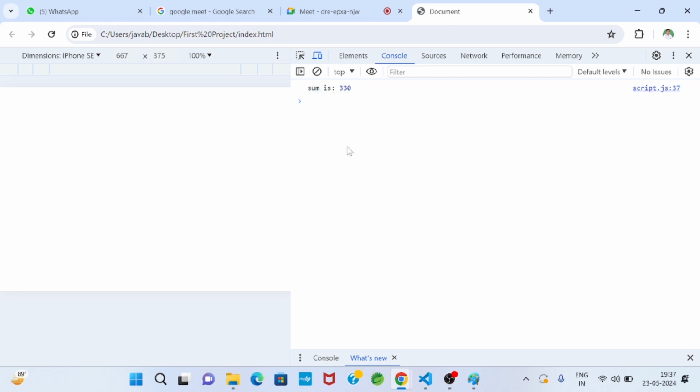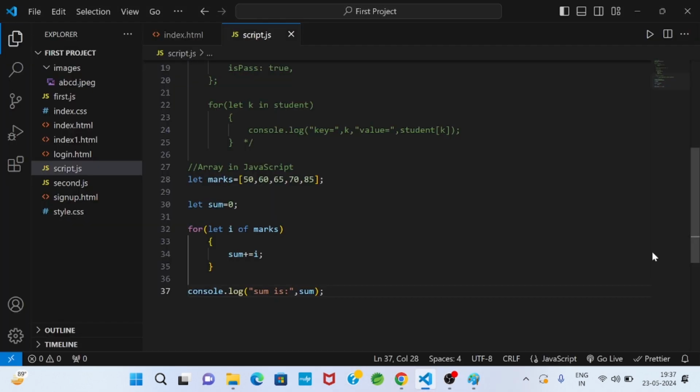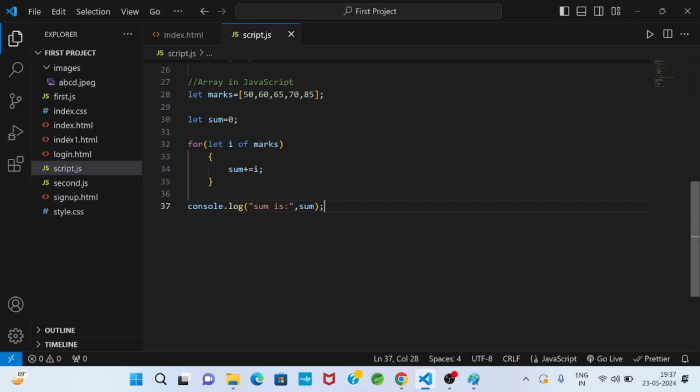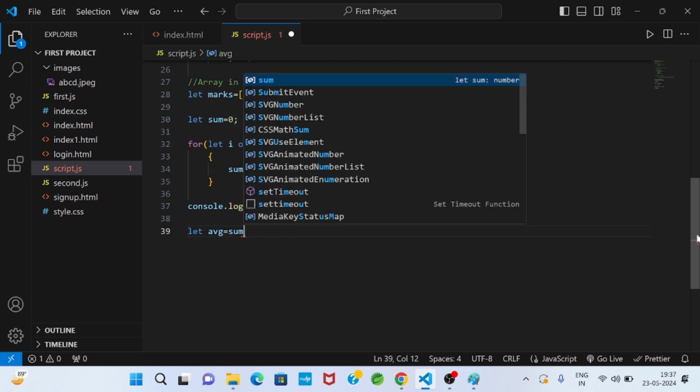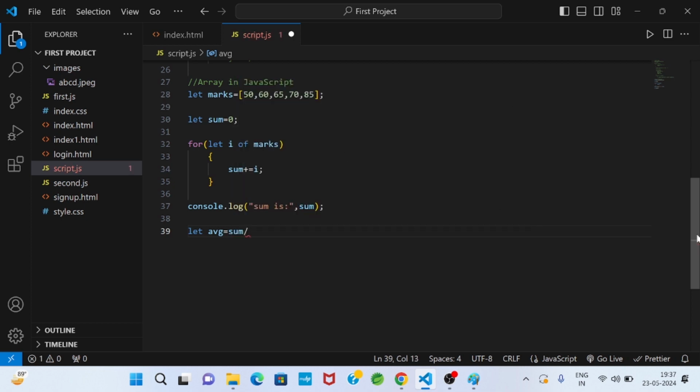Now I will find the average value. So what will I write? I take a variable: let average equals sum divided by the number of data items. How many data items? 1, 2, 3, 4, 5.